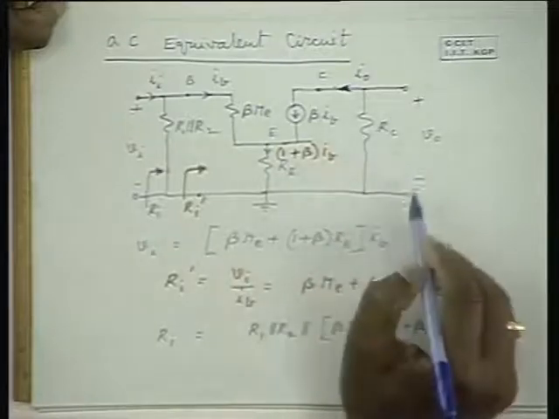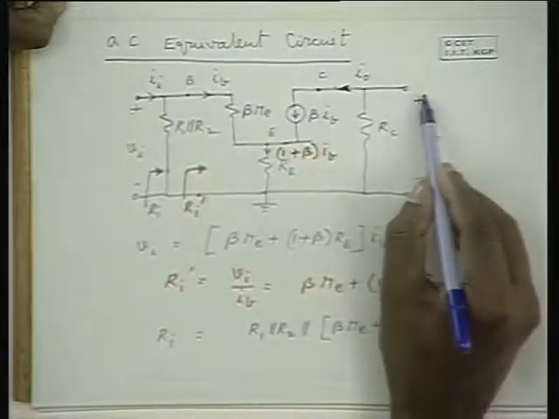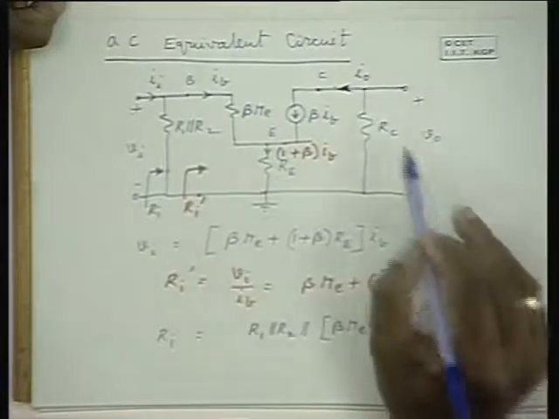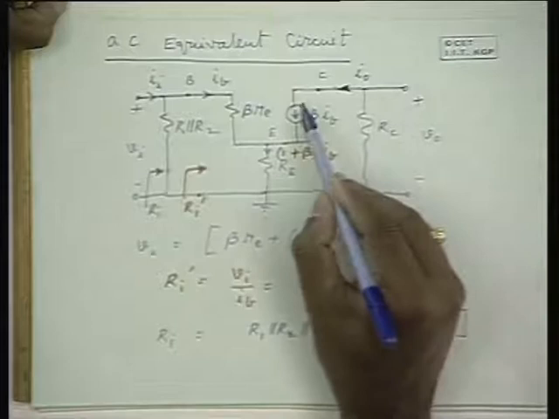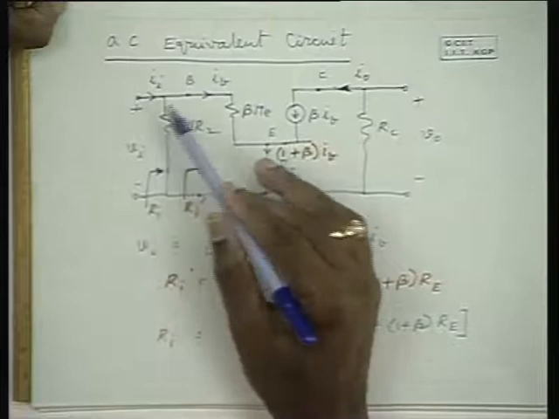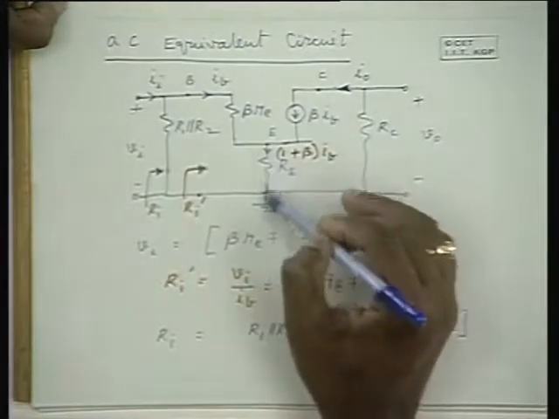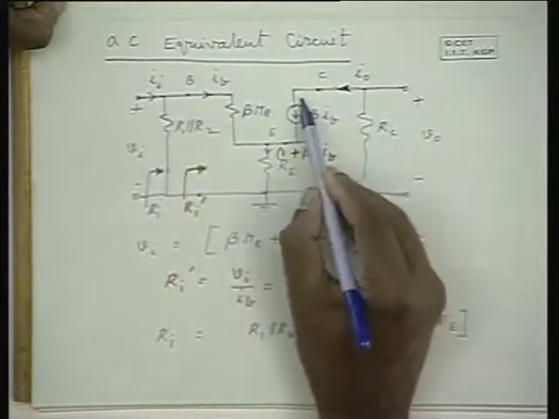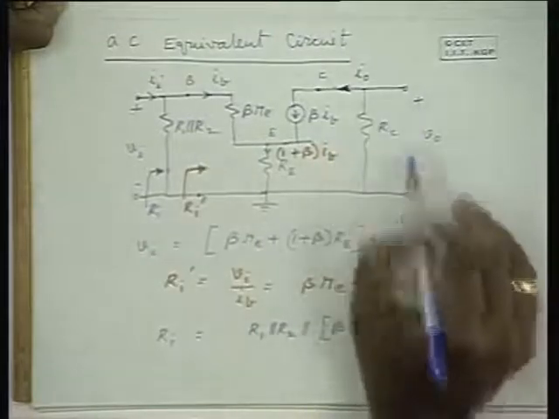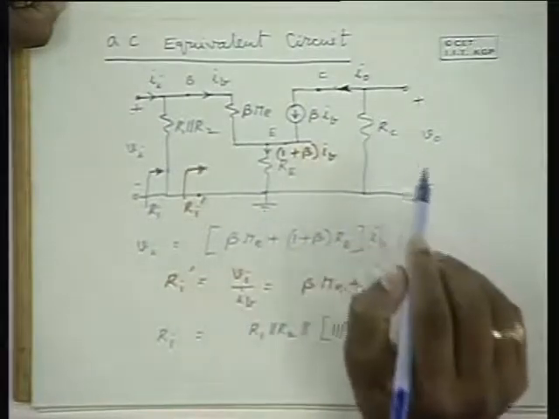If you include RC and apply a voltage source here and drive current, the current that flows is the current of RC, that is the voltage applied divided by RC, and the current through the transistor is 0 because there is no driving input here. As a result, IB is 0, and when IB is 0, naturally this is also 0 and there is no voltage drop across this, and so this is like an open circuit. So any voltage applied here, no current flows through it. Hence RC is the